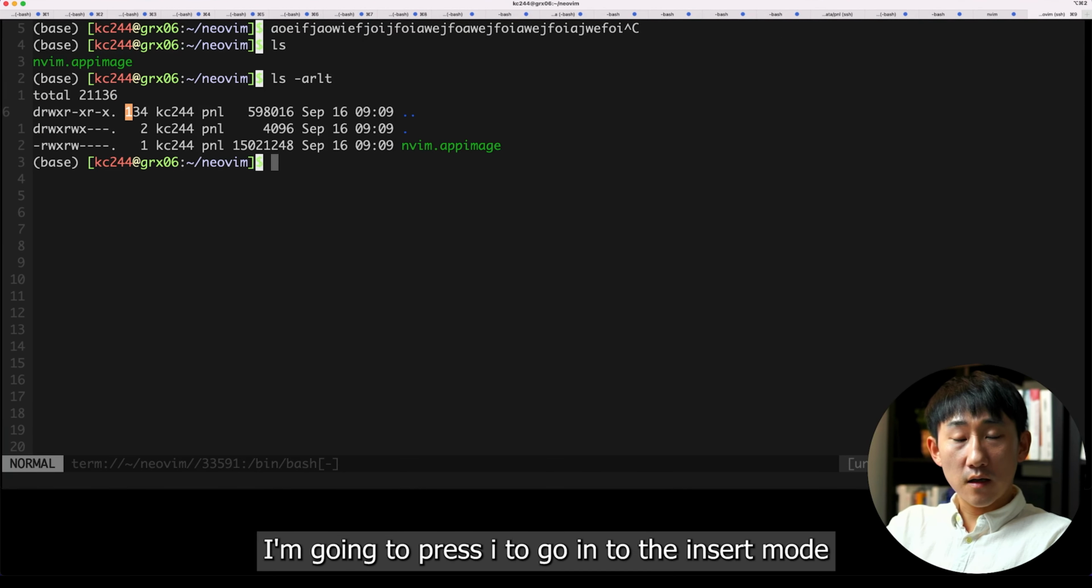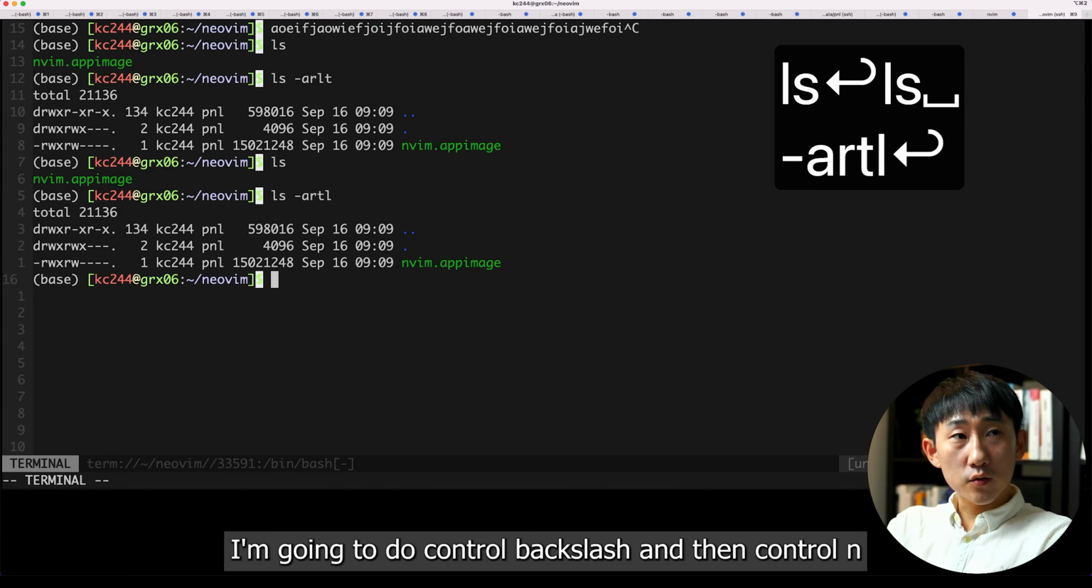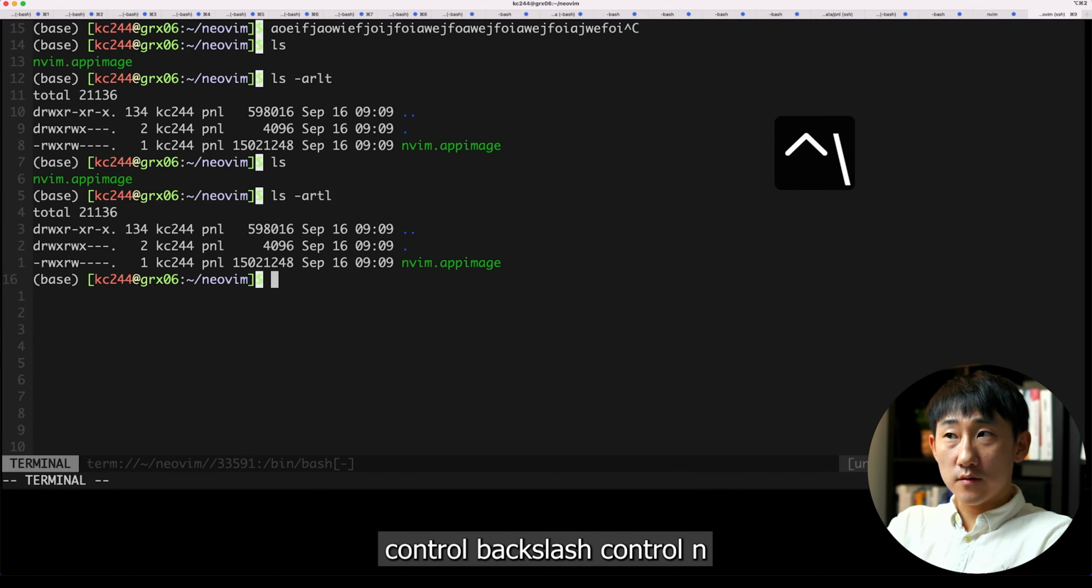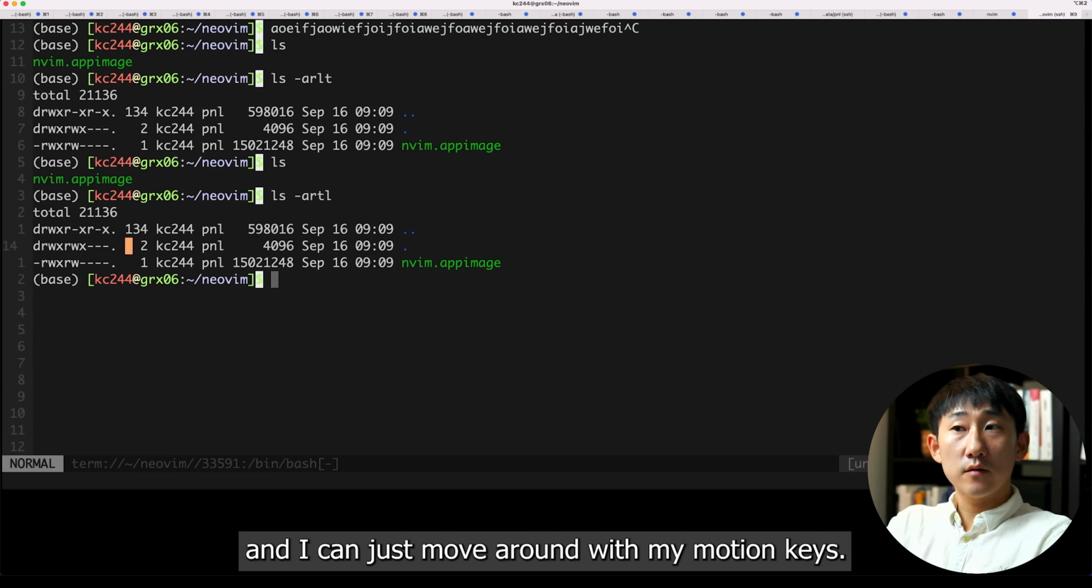Okay, let me do this again. I'm going to press I to go into the insert mode. So now you can type your commands. I'm going to do Ctrl+backslash and then Ctrl+N. Ctrl+backslash, Ctrl+N. See, now I'm in the normal mode and I can just move around with my motion